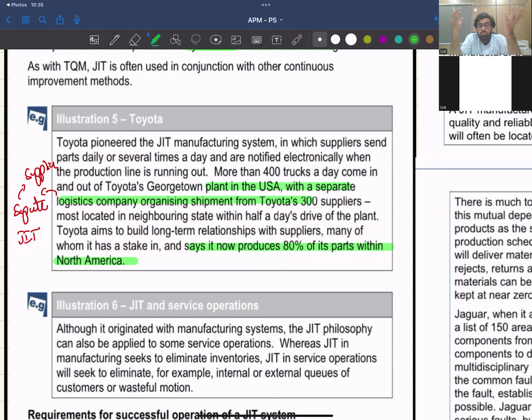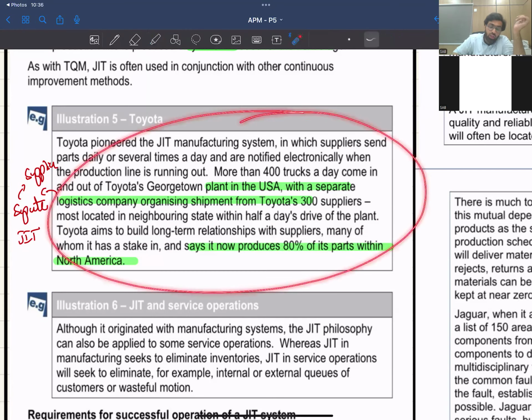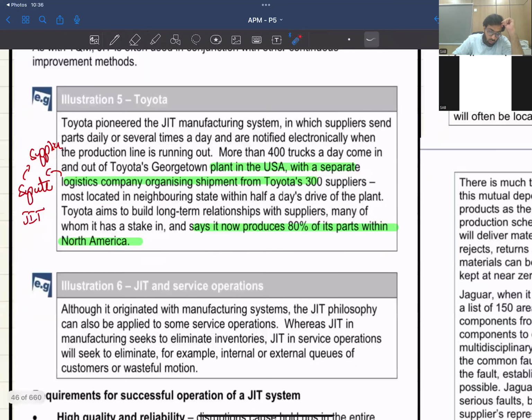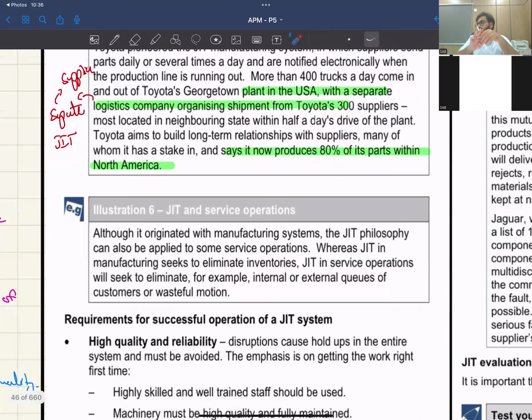Now, why have they been in a JIT environment? See, a car is a big investment. If they overstock themselves, their cash flow or liquidity will be occupied and they won't have enough cash. Therefore, they have to make sure that they produce only when there is need.